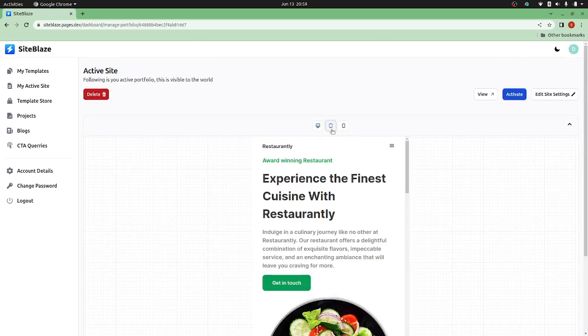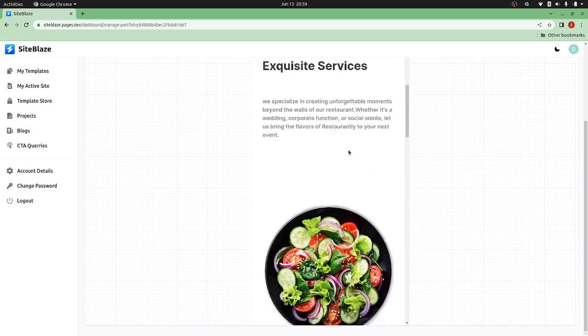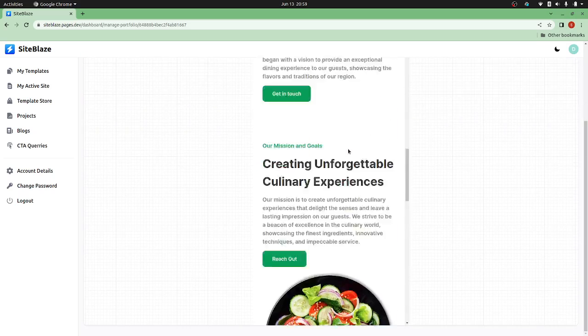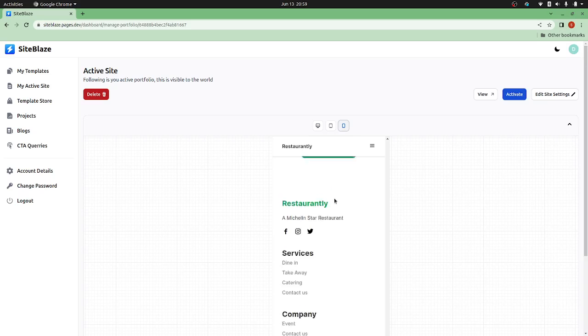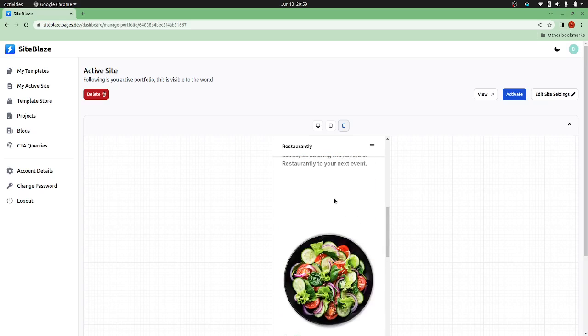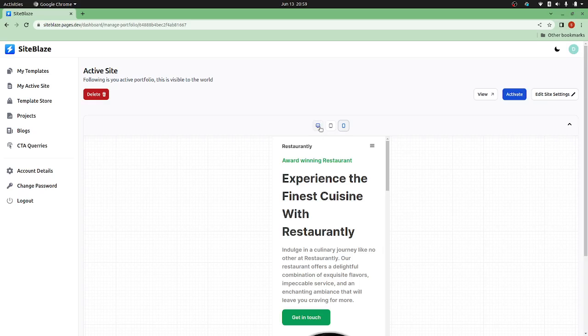You can actually go ahead and see the preview of this particular template. How will the template look in various devices? This is the tablet and this is the mobile device. So you can go ahead and check if this is good enough or not, if this is good for your